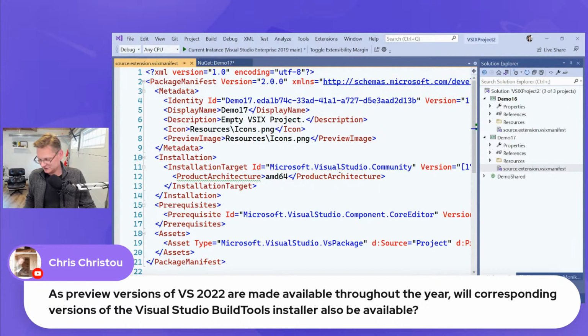Do we normally do that? I don't know. Well, the build tools are kind of new. I don't know if they existed by the time that Visual Studio 2019 got its first preview. So maybe we don't have any prior art, and therefore I can't say we usually do that. I might be mistaken.